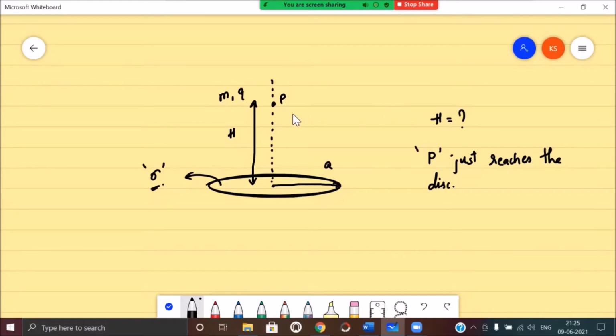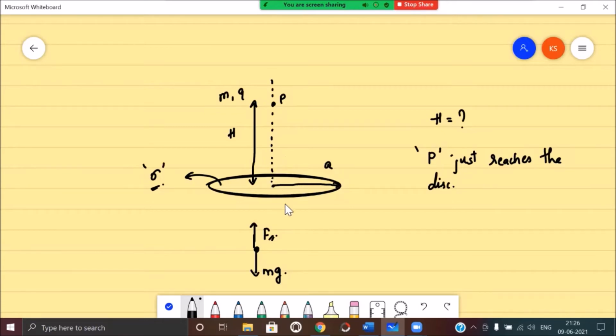So if this particle is just reaching this disk, we see that there are two forces acting on this particle after it's being released from this height. The two forces are basically the mg force and the repulsive force. It's mentioned that both the charges are positive over here. This has a positive surface charge density, and this charge is also positive. So you'll have a repulsive force acting, right? And the gravitational force essentially remains constant, whereas the repulsive force would keep on increasing in value as this particle comes closer and closer to the disk, right?